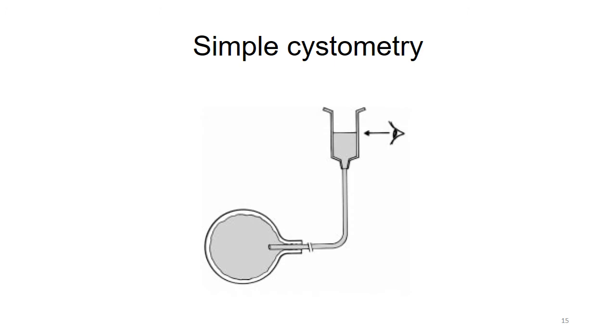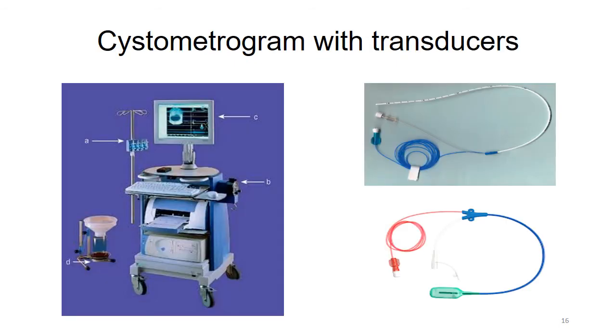This is a picture of water-filled cystometry, simple cystometry. It involves insertion of a catheter into an emptied bladder through the urethra. One catheter transfers liquid and the other one records the pressure. The height above the pubic symphysis of the fluid indicates the intravesical pressure. This is a picture of cystometrogram with transducers. This is a urodynamic machine which assesses the cystometry, urethral pressure, flowmetry, surface EMG, etc.